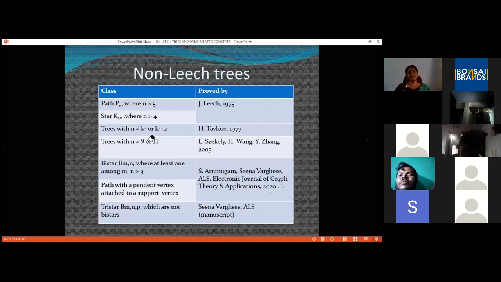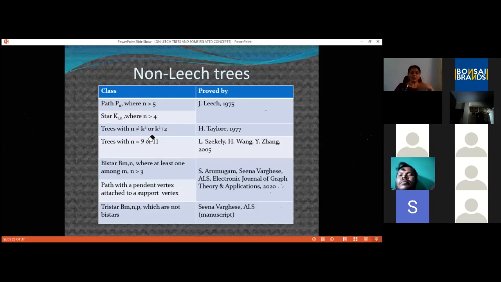Detailed proof is a bit different. It's a bit difficult to explain through an online mode. We need so many diagrams, so it will take so much time for me to insert all those diagrams and explain the things. So if someone is interested, you can go through the paper and you can get back to me through email if you want.